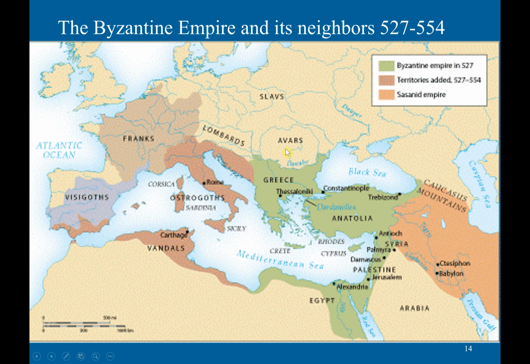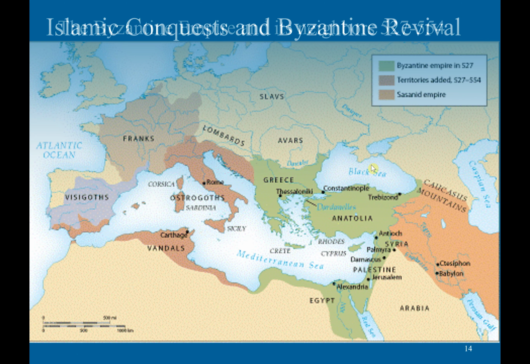So, we can see the Byzantine Empire in 527. Under Justinian, it expands significantly to northern Africa, southern Spain, and Italy. They even get Rome, and encroach on Visigoth and Frank territory. But of course, you had the Sassanids, who are a very powerful empire, and they constantly threaten the Byzantines. So the Byzantines are like, "Oh, screw it. We gotta focus on these guys more than these territories out here, and conquests."